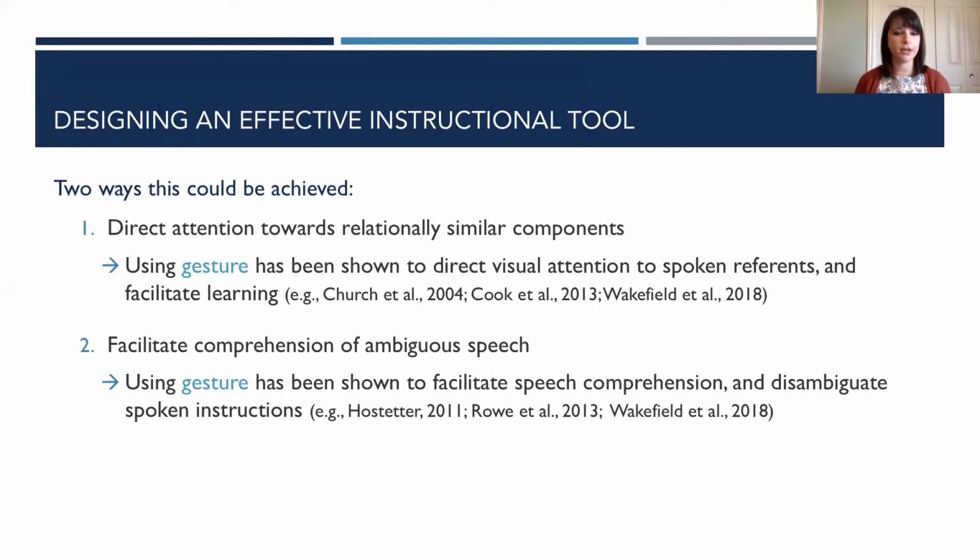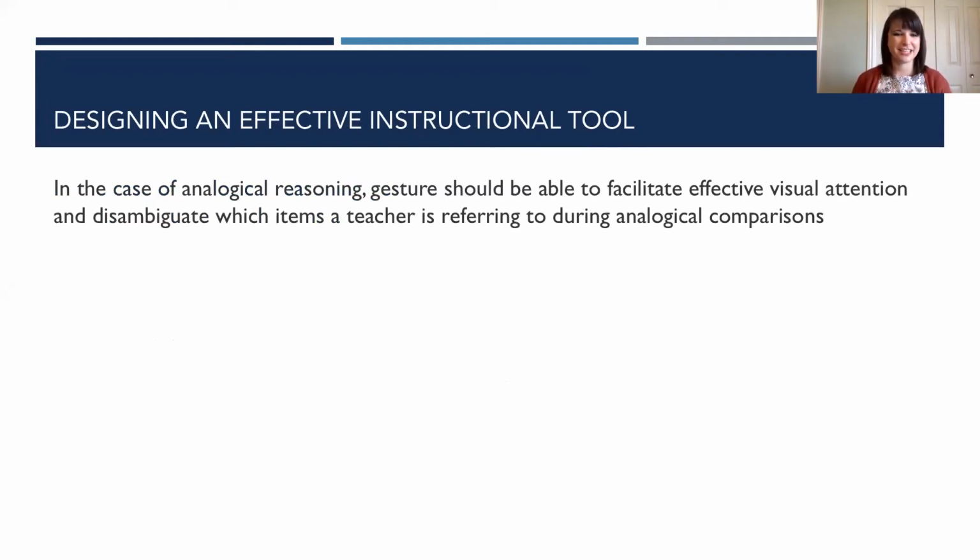So in the case of analogical reasoning, gesture may also be able to disambiguate spoken instruction by highlighting which components of a comparison are relationally important and which are irrelevant to solving the analogy. Therefore, in the case of analogical reasoning, gestures should also be able to facilitate effective visual attention patterns during problems of analogy, as well as clearly indicate or disambiguate which items a teacher is referring to when they're providing spoken instruction,